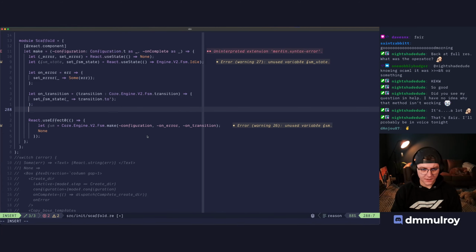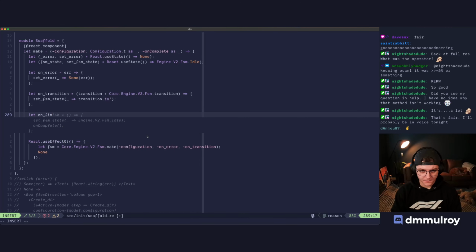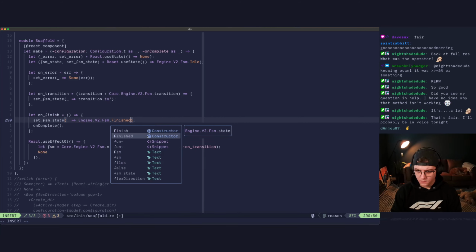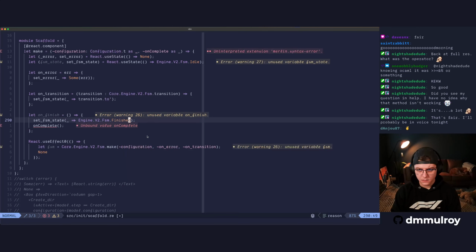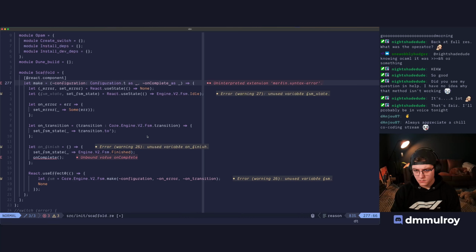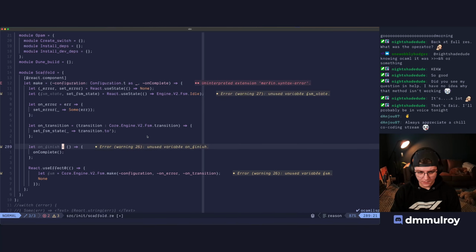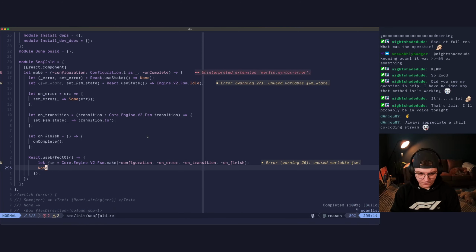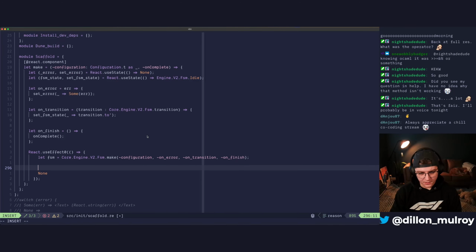And the final one would be on finish. So let's say on finish. Set that to finished for now. Yeah. And we can jump over here. In fact, we don't even need to set that. We can just do on complete. And we can jump over here, pass in on finish. Okay. And then we should be able to do